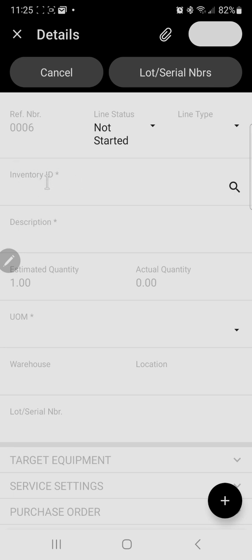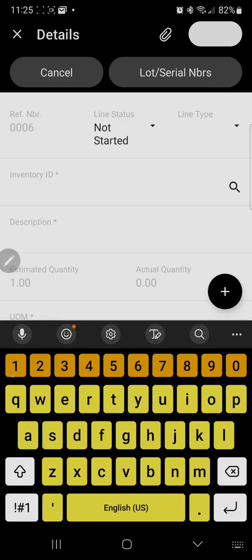If you don't have the inventory part code, which should be printed on the box in your truck stock in your van, you will need to search for item descriptions, but most of the time hopefully you have the proper Acumatica number and you don't have to base it on a description or a title search. So choose your part number,